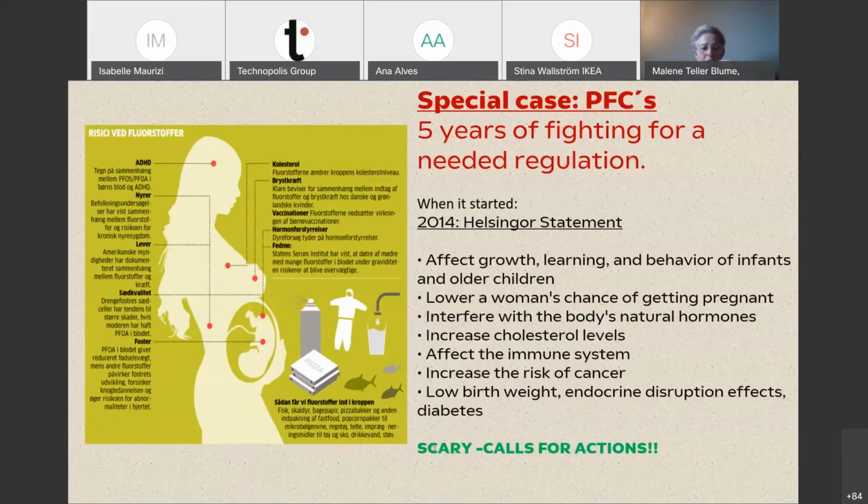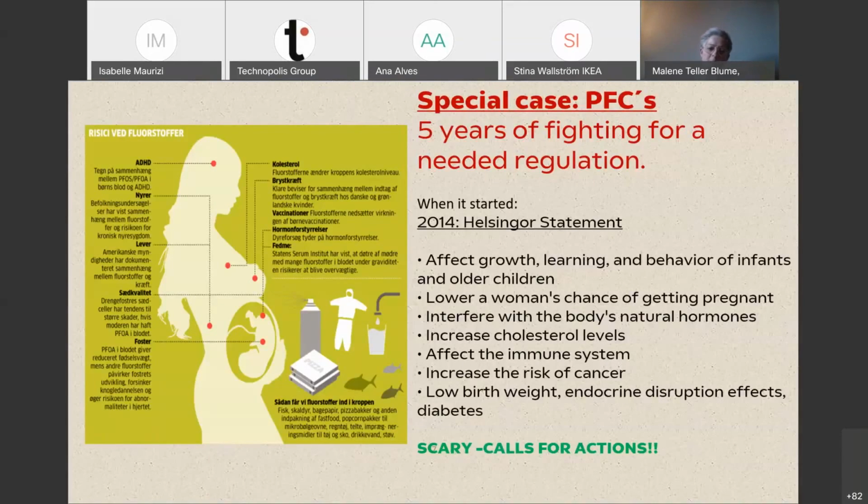And you see in this picture, it was linked to a lot of serious diseases, and also to an environmental problem, because PFAS is more than 5,000 chemical substances, and they are also called forever chemicals because they are not biodegradable. They will stay out there almost forever and can do harm to the human body